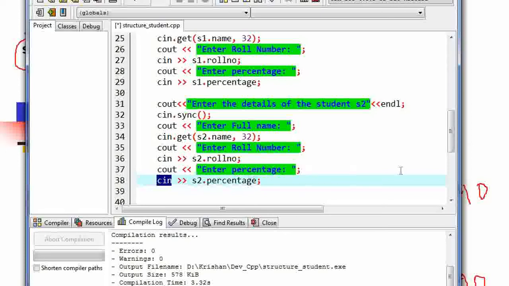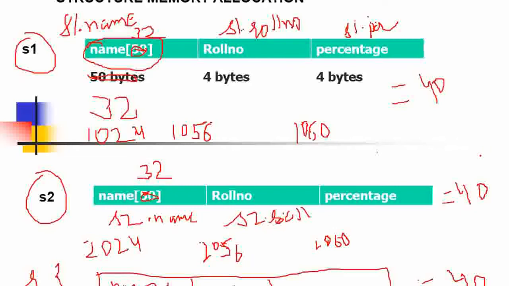अब यूज़र हमसे पूछे कि शो मी द डिटेल्स ऑफ स्ट्रक्चर S1, तो हम उसे बताएंगे कि S1 का नाम ये है, S1 का रोल नंबर ये है, S1 की परसेंटेज ये है। और यूज़र हमसे कहे कि हमें S2 का रोल नंबर दिखाइए, तो हमें उसको S2 का रोल नंबर दिखाना पड़ेगा। सो हाउ वी विल बी एक्सेसिंग द रोल नंबर ऑफ S2, वी विल बी यूजिंग S2.roll_number, like this, ओके। S2.roll_number, ओके, you see here,